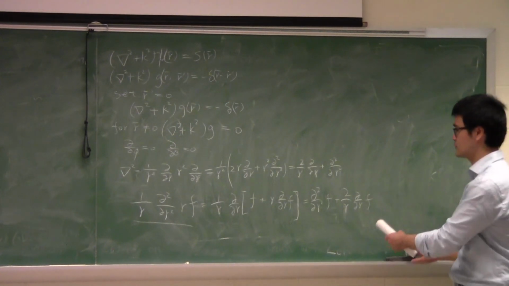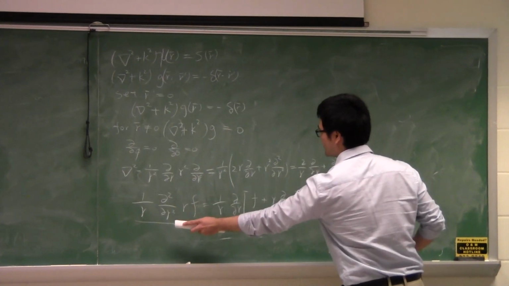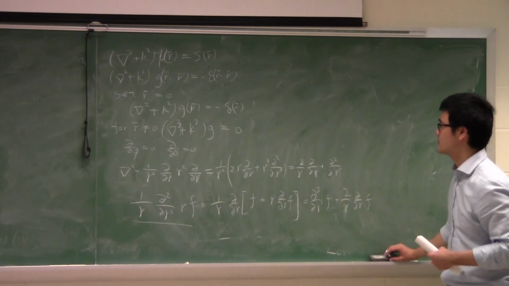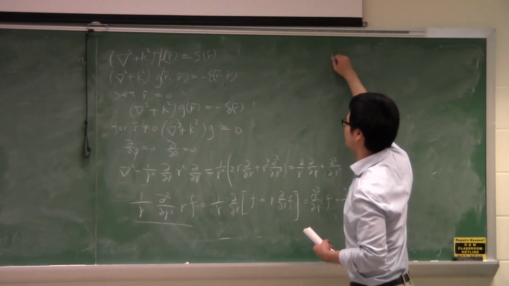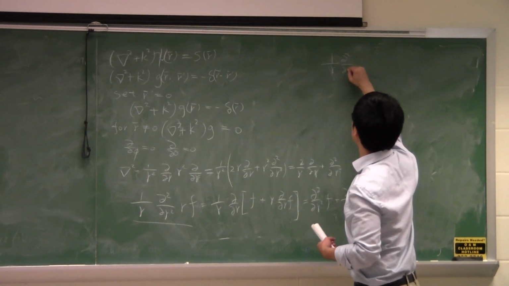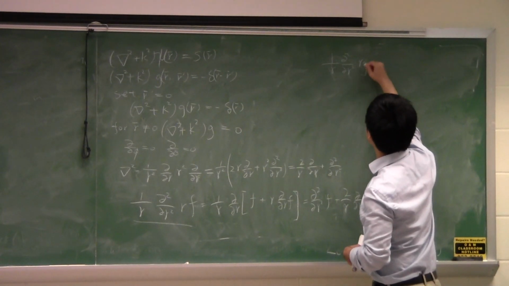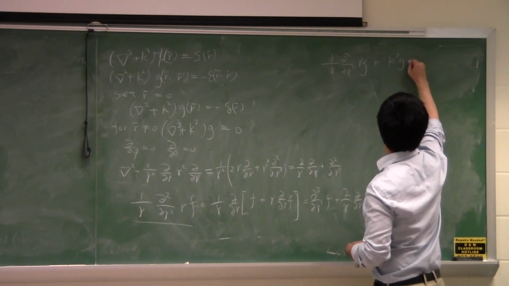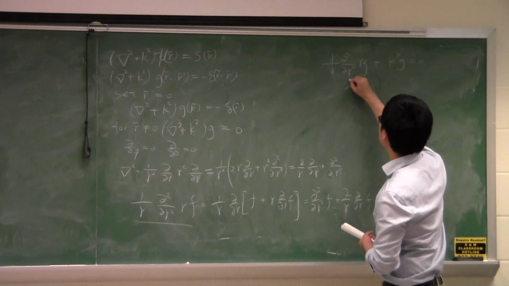So the whole purpose is to replace this term by the double derivative here. So now the wave equation just becomes 1 over r partial r squared of rg plus k squared g equal to 0. And then I move the r to